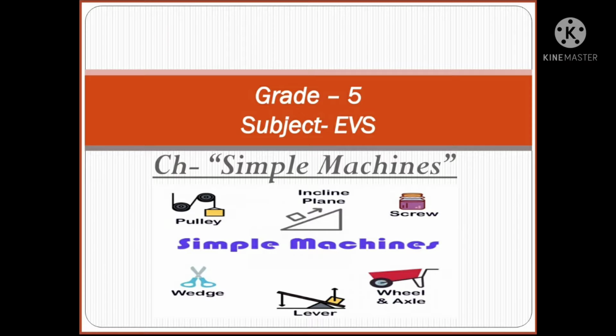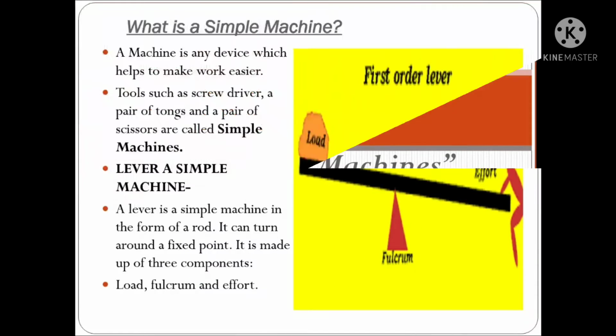We use many tools in our daily life to make our work easier. We use scissors to cut paper or a thread. We use screws to attach things to each other. We use a wheel and an axle to move objects. These tools are known as simple machines. All big and complex machines are a combination of these simple machines. In this chapter, let us learn more about simple machines.